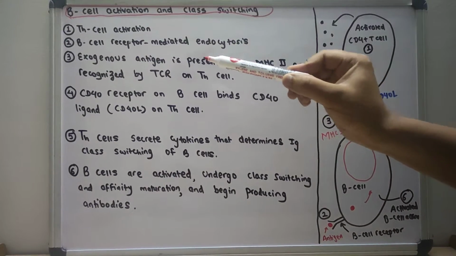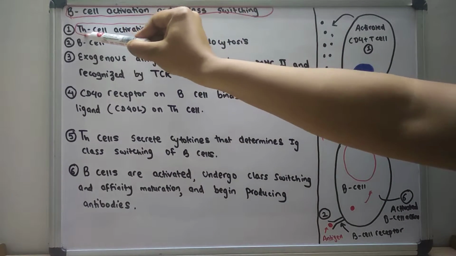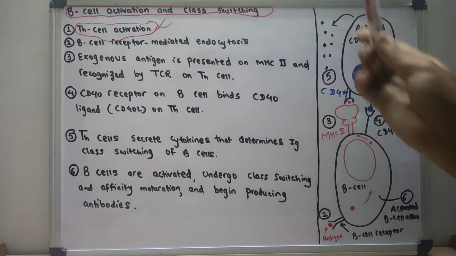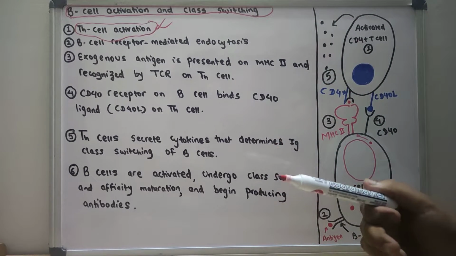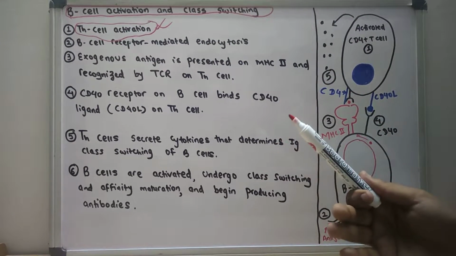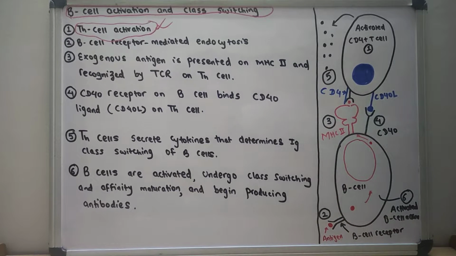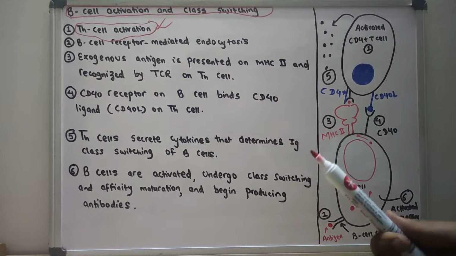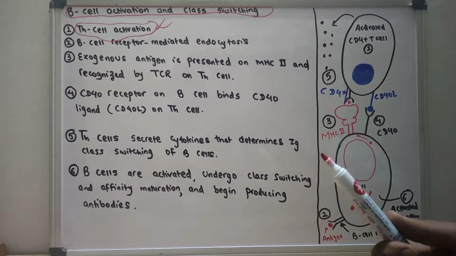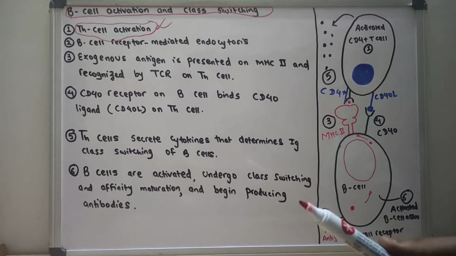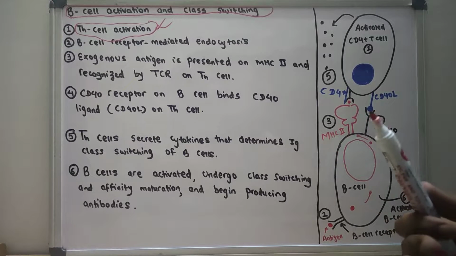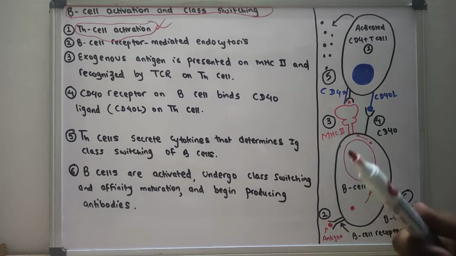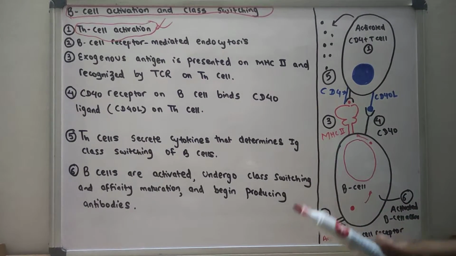I have already discussed in the previous topic how the T cell activation occurs. I'm again going to revise that the T cell activation occurs in 4 steps. First, there is dendritic cell antigen presentation. Then there is signal 1, that is T cell activation. And another is signal 2, that is proliferation and survival.